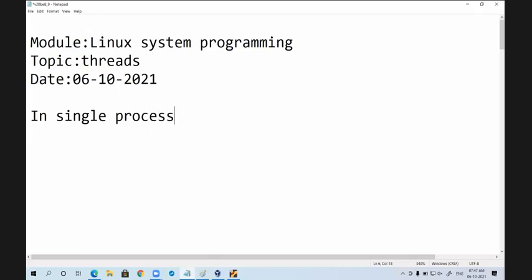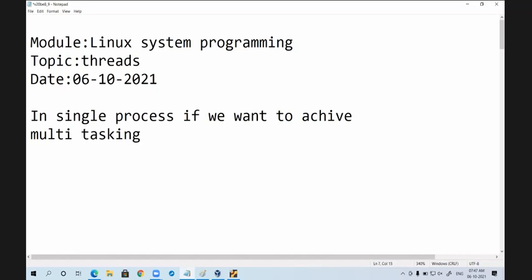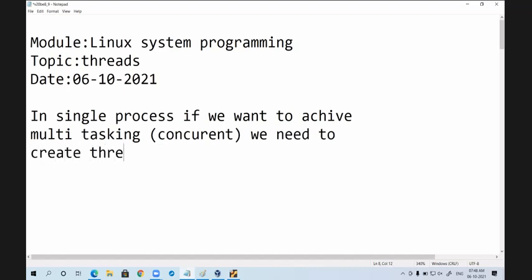In a single process, if you want to achieve multitasking, that also concurrent, we need to create threads.